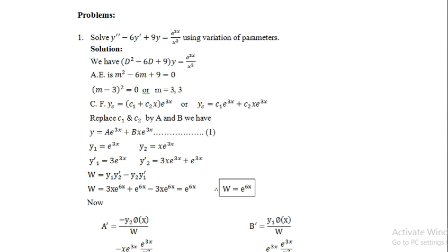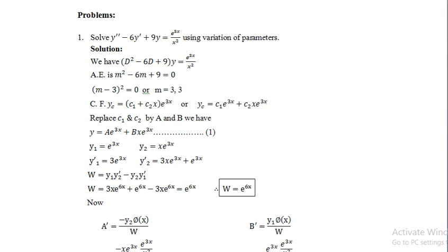So e to the power 3x into 3x e to the power 3x. So e raised to 3x becomes e to the power 6x into 3x, plus again e raised to 3x is e raised to 6x. Then the sign is minus y2 y1 dash. Y2 y1 dash is x